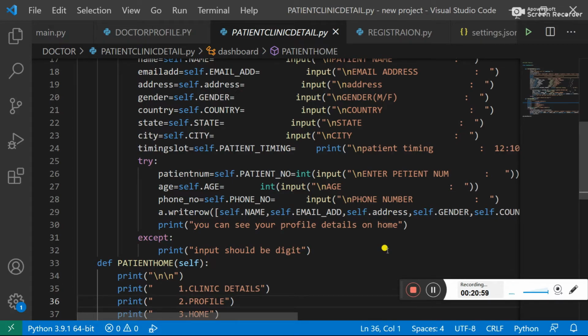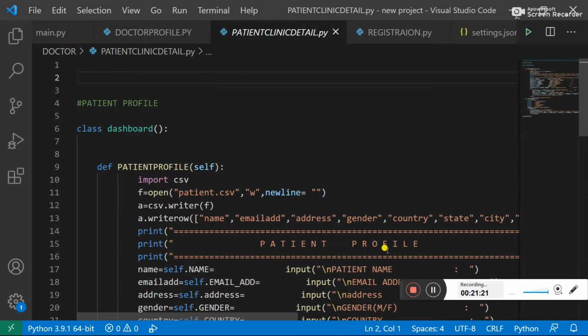In the except block, we give whatever exception occurs, just to handle it.